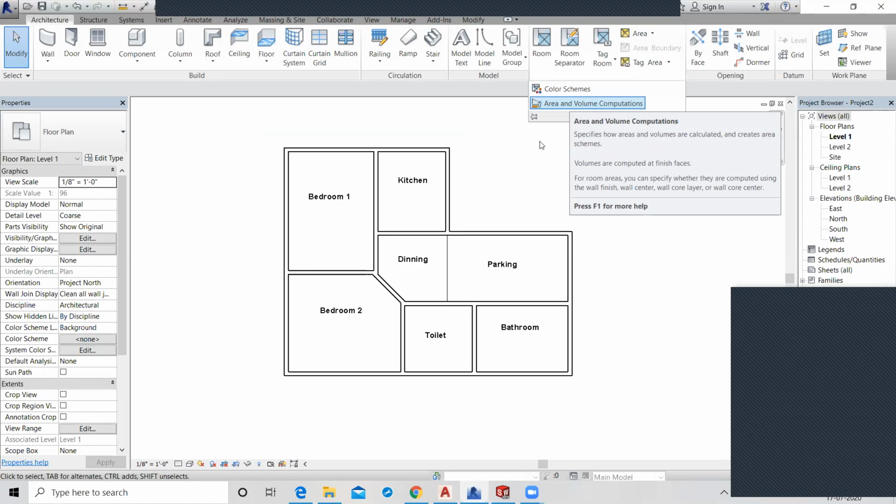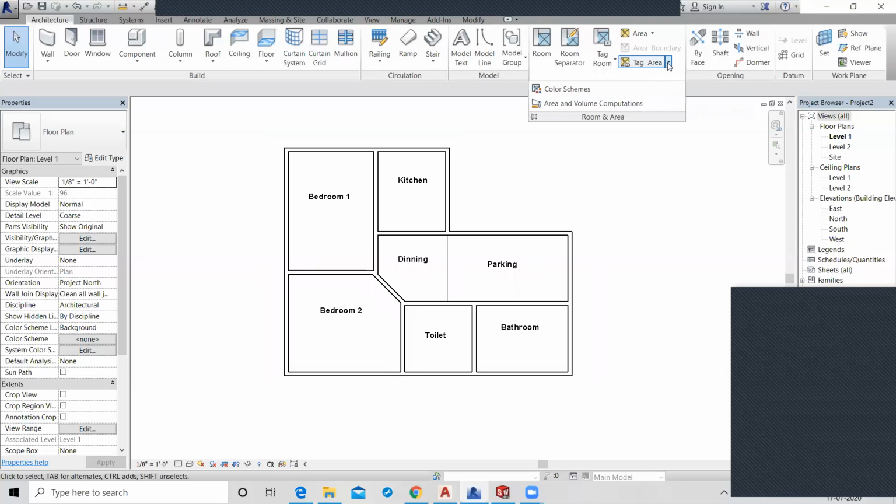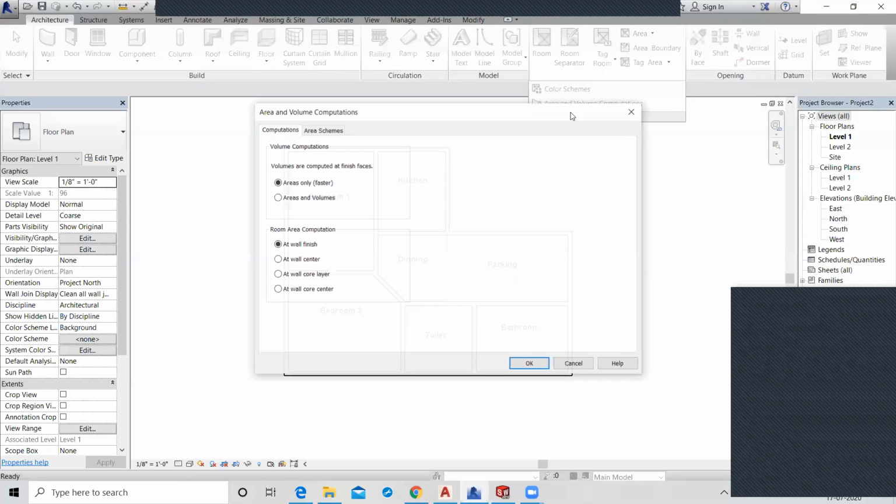Right here, go to here and click on the area and volume computation, and we have both area only or area and volume both. Okay, area only. If you want the area and volume both, you can choose this one.